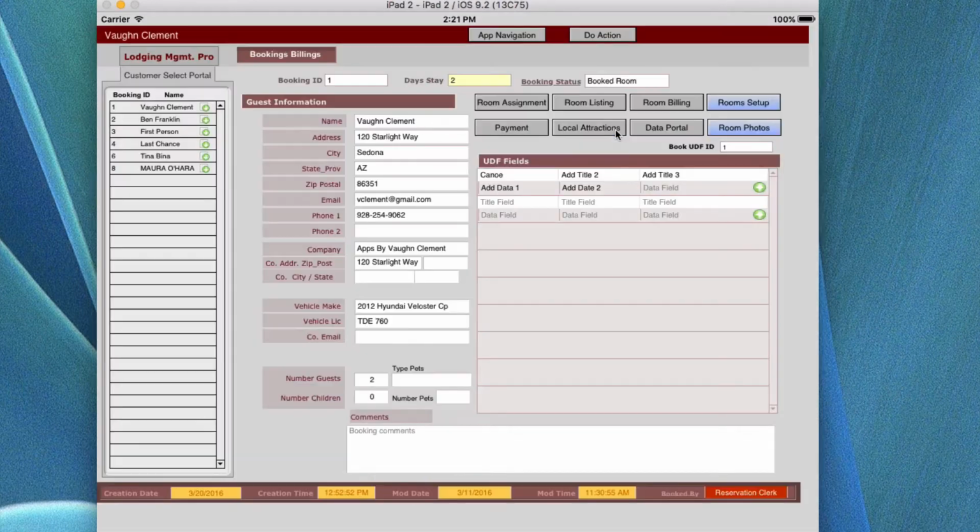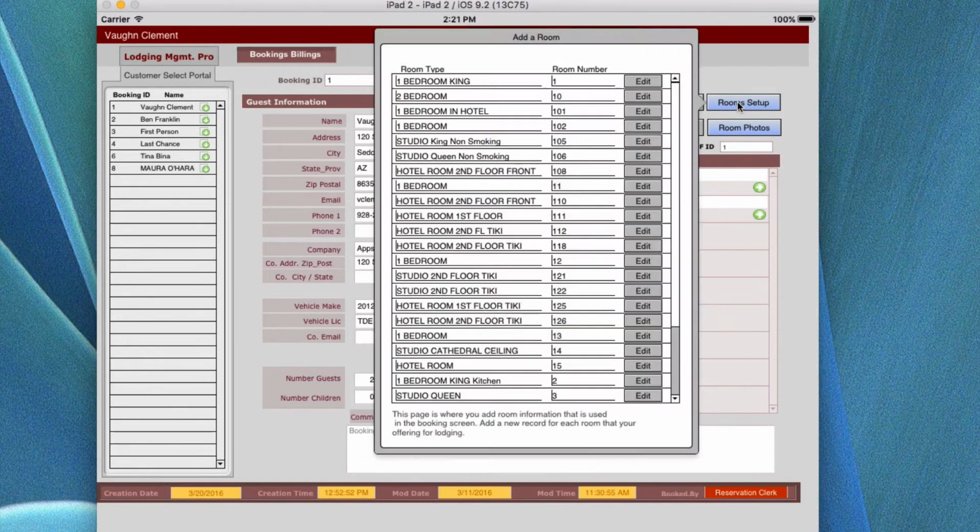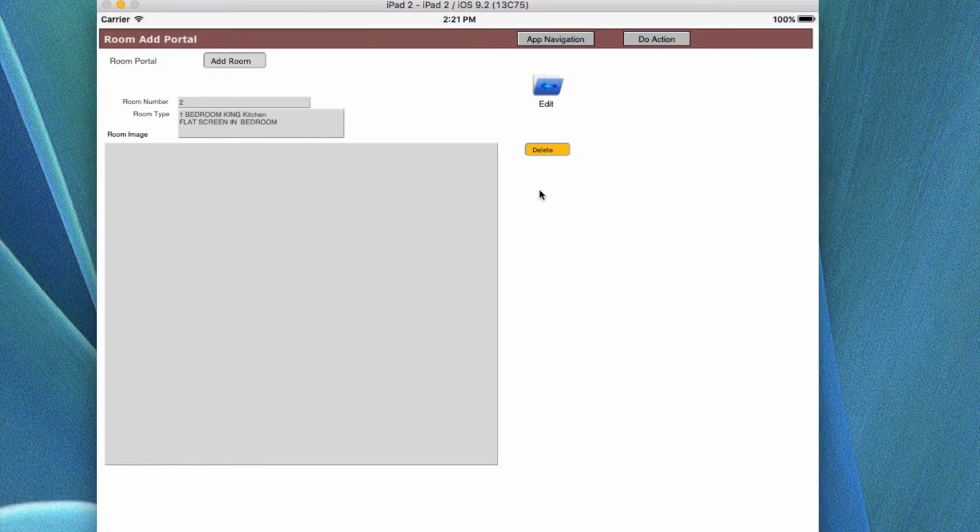So let's go back. In this record now that we've gone through that, let's do one more. Like I said, I was going to do the room setup. The room setup is more or less going to a record that you want to view, where the other ones on the listing that we looked at already do not take you to an actual edit record as far as wanting to edit it. So if I wanted to go to room record number 110, I can go over there, and you can see here it doesn't have any image of the room in it, but I may want to